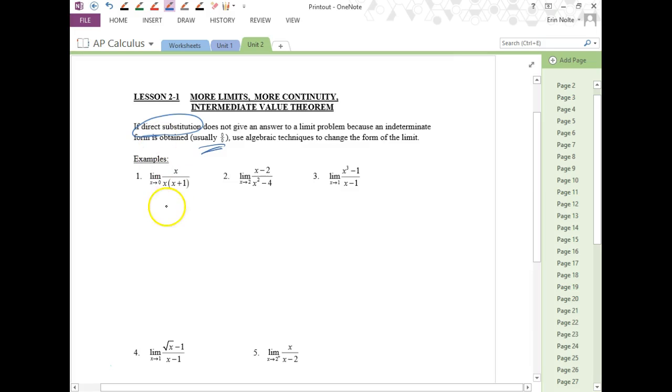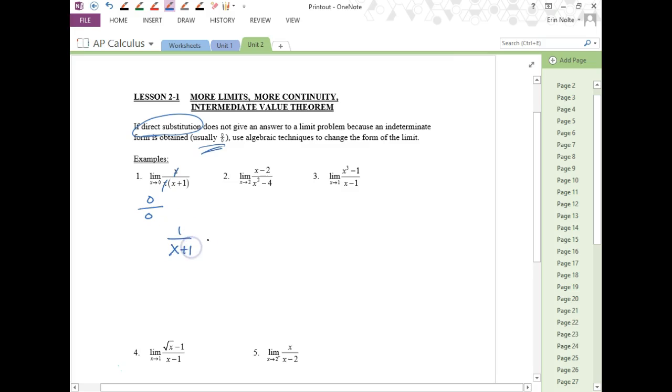If you plug in 0 and you get 0 over 0, anytime you get 0 over 0, that means that there is actually a limit value. So what you're going to have to do is go back to the function and simplify it algebraically. If I go back to x over x plus 1, what do you notice? You can take the x out, so an x can cancel with another x, and what would be left over? 1